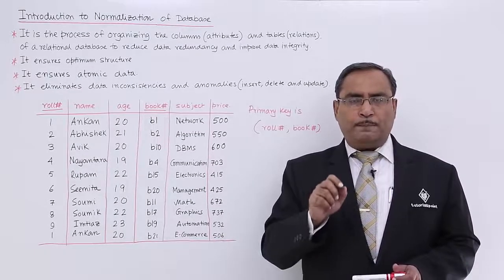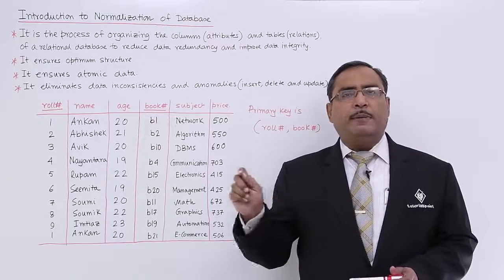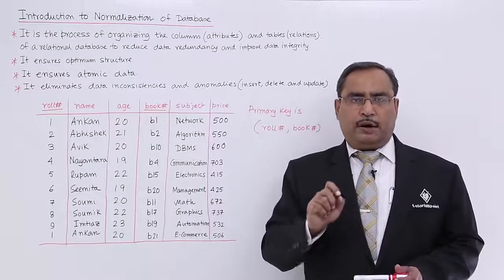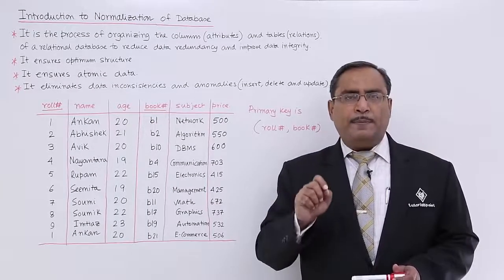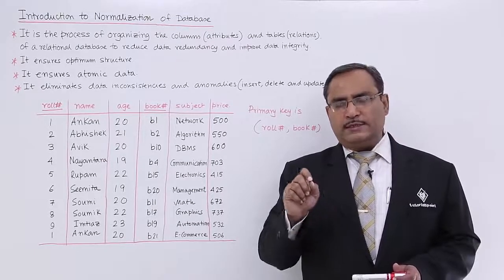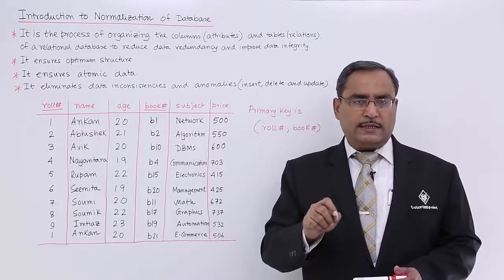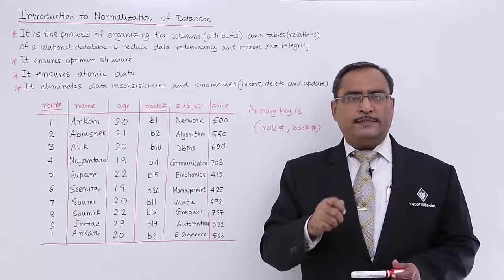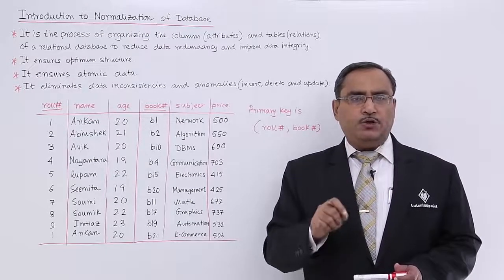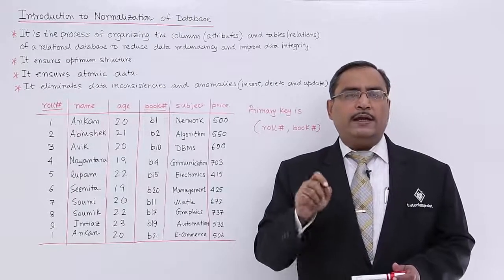Let us suppose one person's age has been written in multiple places in multiple relations, say in 5 places. Due to an update of the person's age, we have updated 3 of those instances and 2 instances are left unupdated. In those cases, the next time we execute one query to get the age of the person, I shall be getting 2 answers, 2 values, and that is ridiculous and inconsistent.